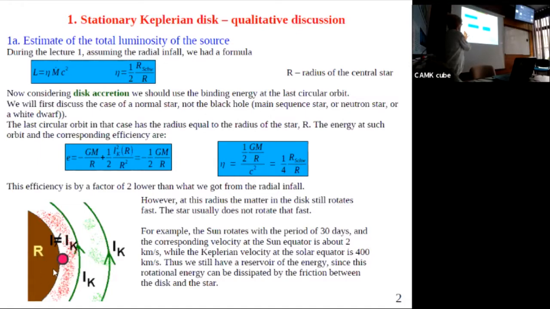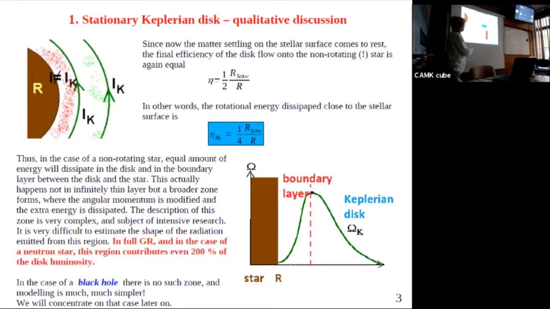This angular momentum has to be given to the star or what, but we need some kind of transition zone between those two things. So finally, actually, we will reach the efficiency which was the same as in the radial inflow. But that means that we have that amount of